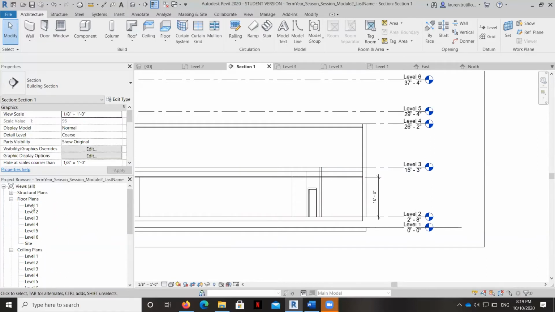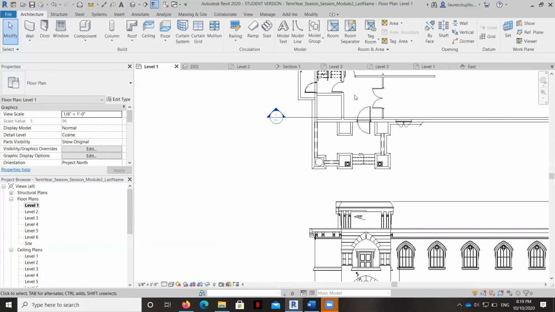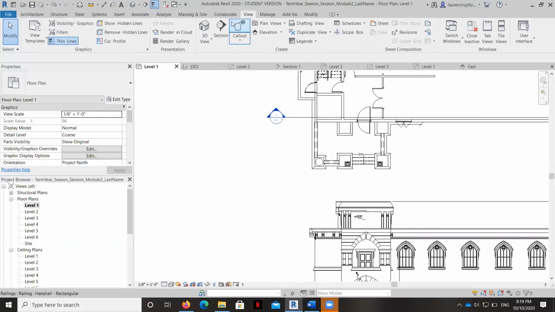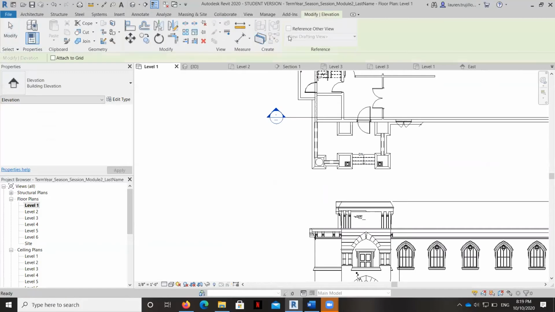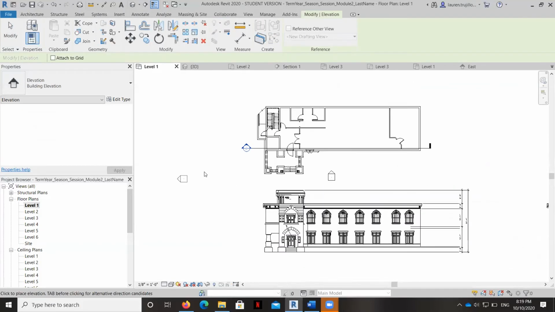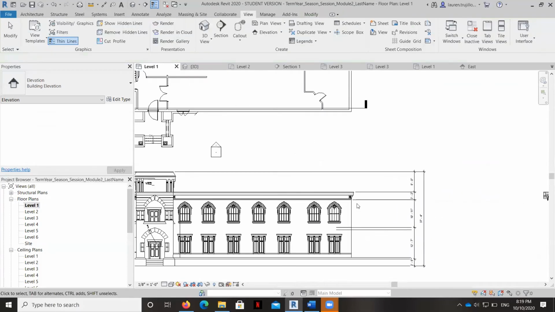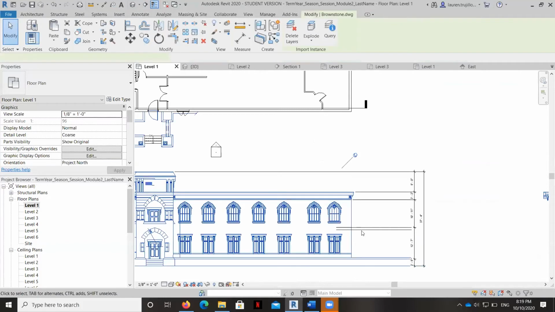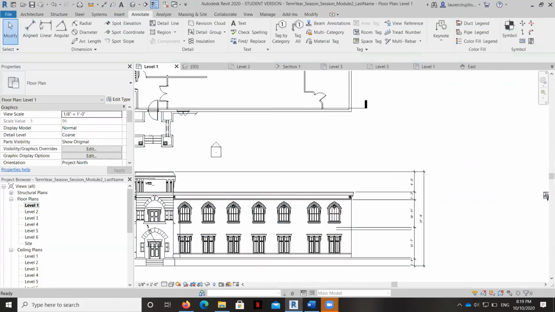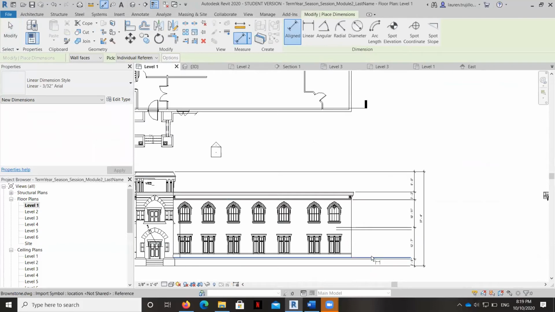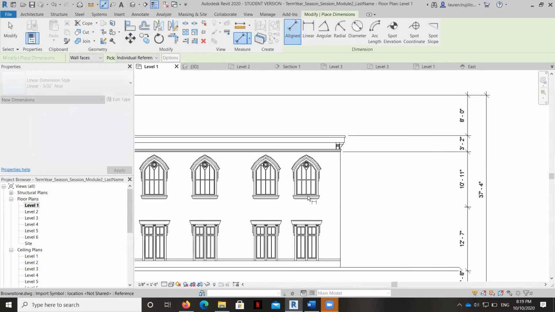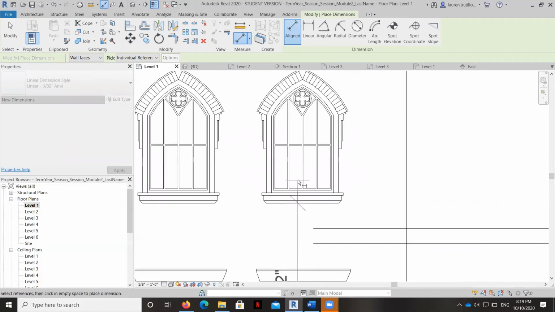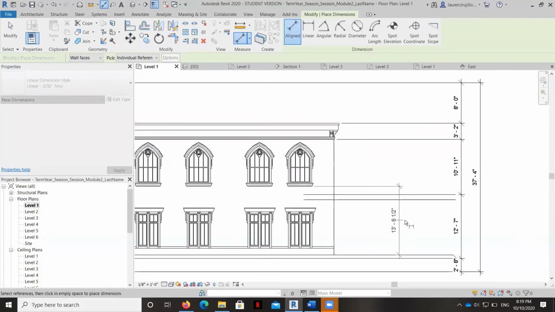So let's go back to the level 1 floor plan. And I'm going to do an elevation view. And I'm going to annotate. Okay, so 13 feet 6.5 inches above level 2.